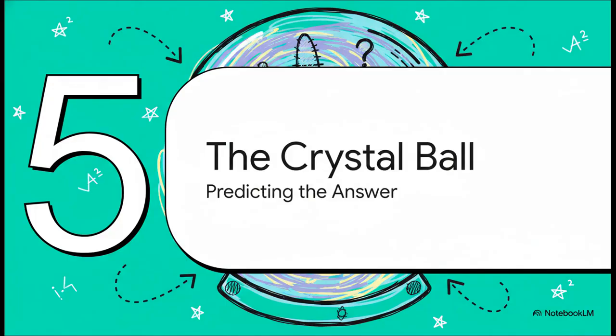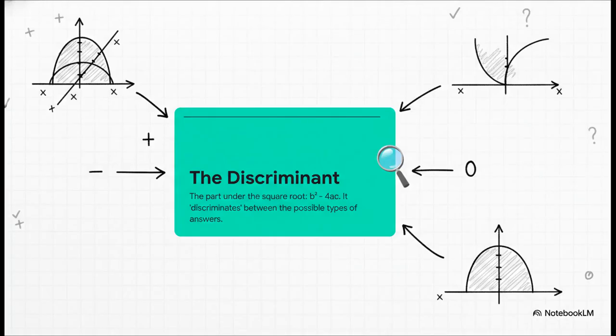Okay, section 5, the formula's crystal ball. This is cool. Before we even do all the math, there's this one tiny magical part of the formula that can basically predict the future. It's like a crystal ball that tells you what kind of answer you're going to get. It's this little bit right here, the part that's tucked inside the square root, b squared minus 4ac. That's called the discriminant. And all you need to know is its value. Is it positive? Is it 0? Is it negative? Because that one piece of information tells you exactly how many times your curve is going to